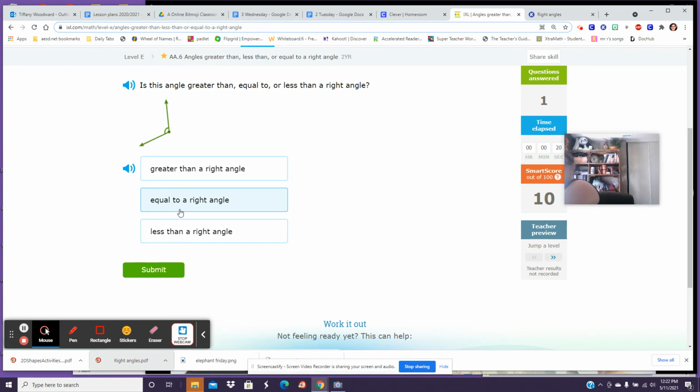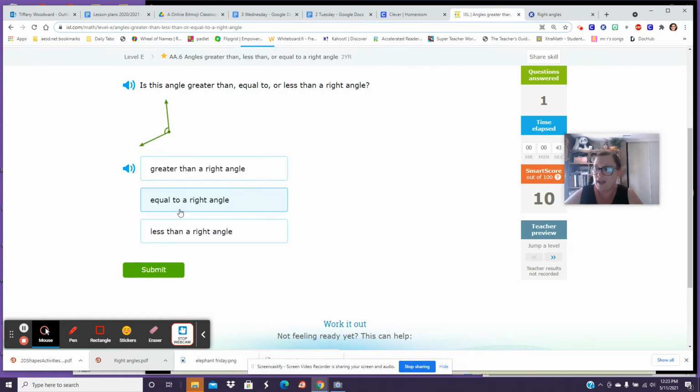And here's how I would do it. I would take my paper. I would put it up on my screen. I know you can't see me do it. And I would put it inside that angle. If the angle goes out bigger than the paper, it's greater than. If the angle is hidden behind the paper, then it is less than. The same way we did it in our book,